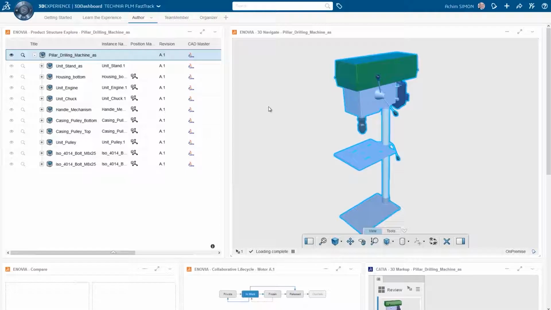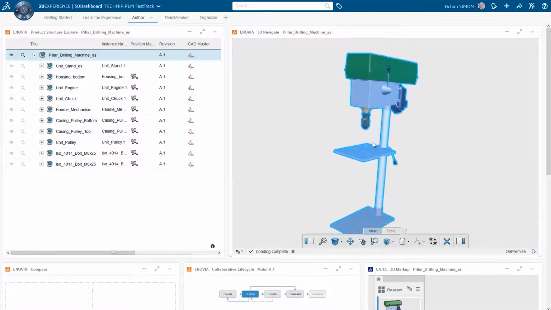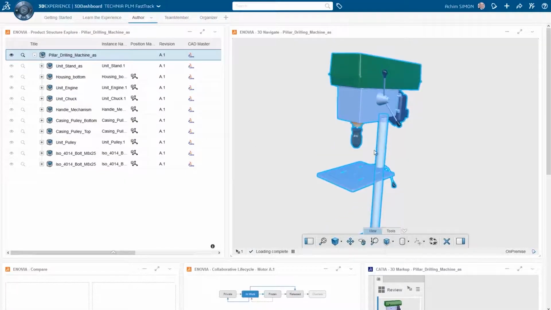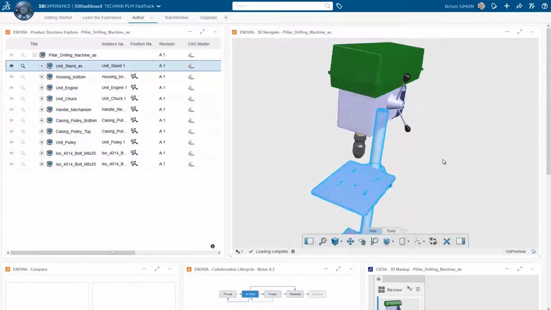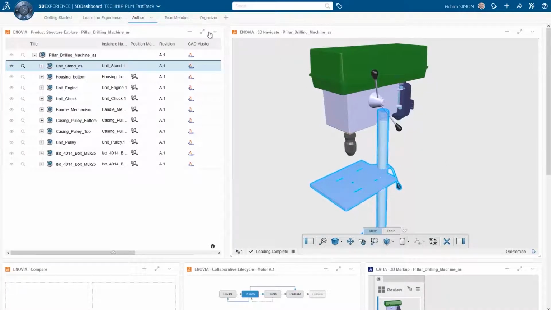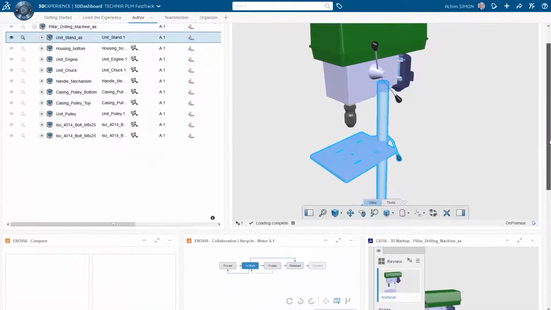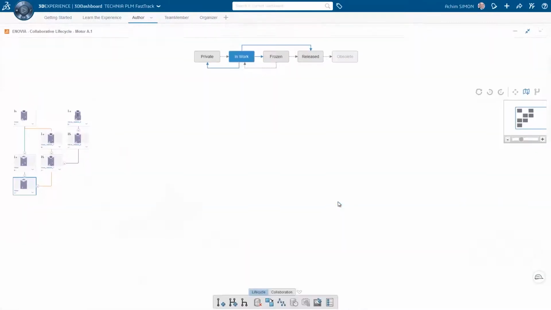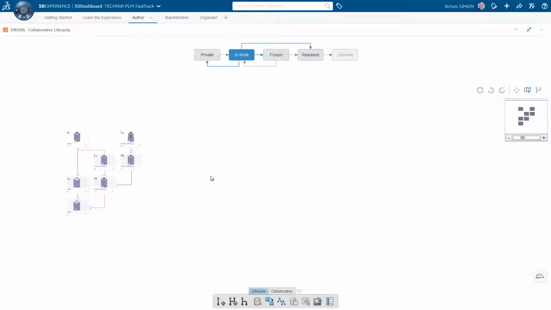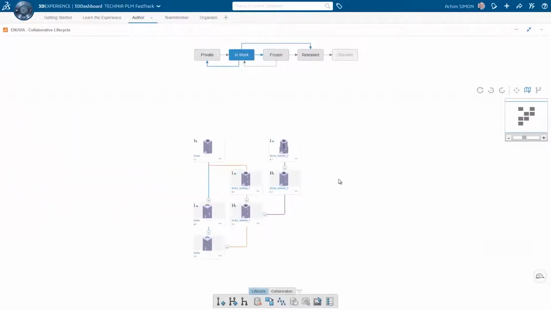Let's start here with the author. He will have some cool widgets inside the platform with which he will be able to visualize the CAD structure itself and the 3D in combination. This is a function that will be available for every user. Some dedicated functions which will be available only for the author, the CAD user, include the collaborative lifecycle widget,